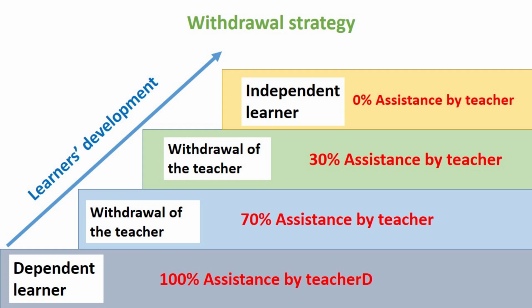The role of the teacher decreases as the learner's learning increases. The teacher is withdrawing by providing less assistance to the learner in order to help the learner rely on herself. However, the learner is always allowed to ask for the teacher's help if needed, but she is encouraged to carry the task alone in order to become totally independent.